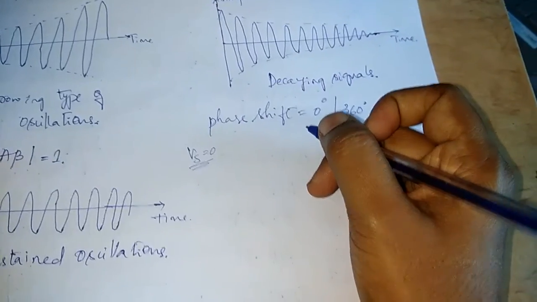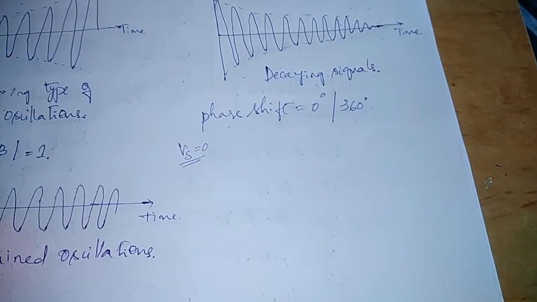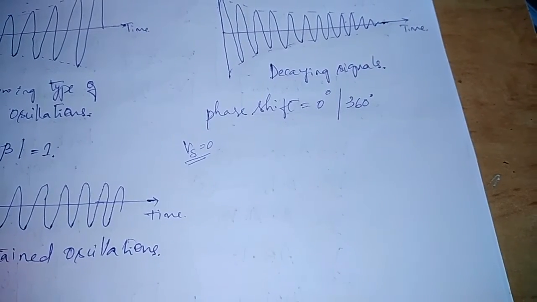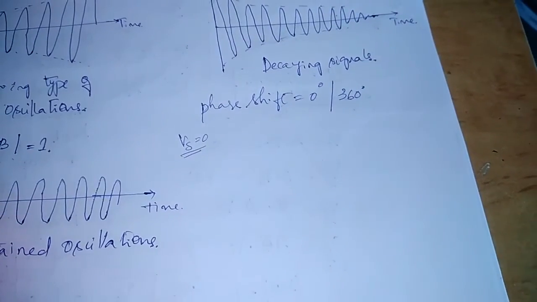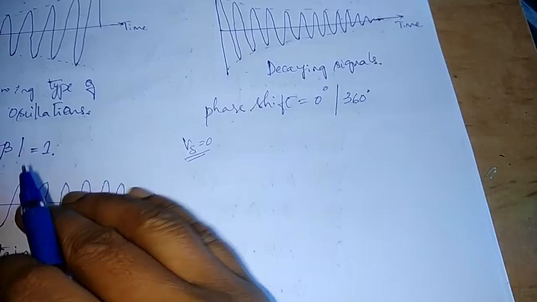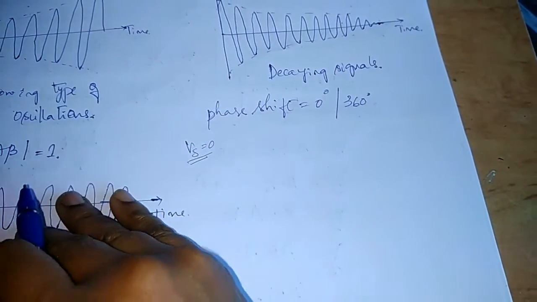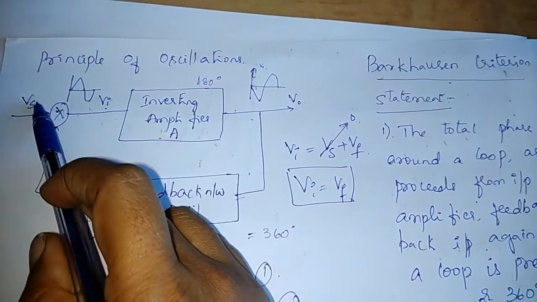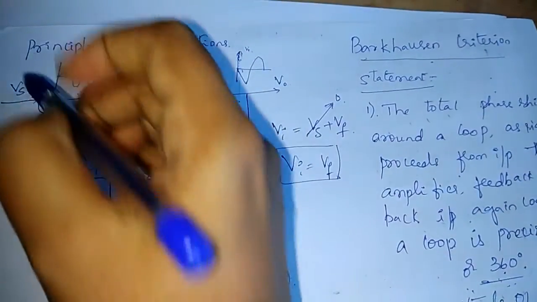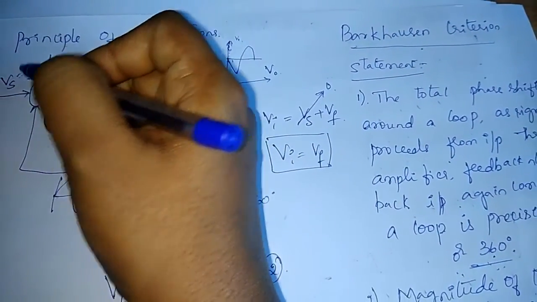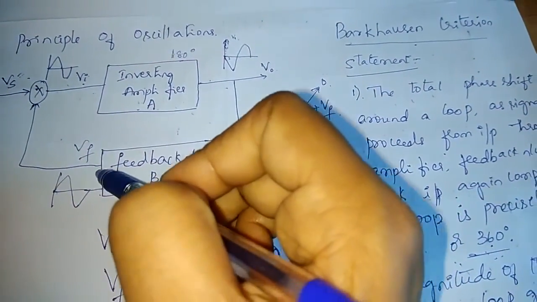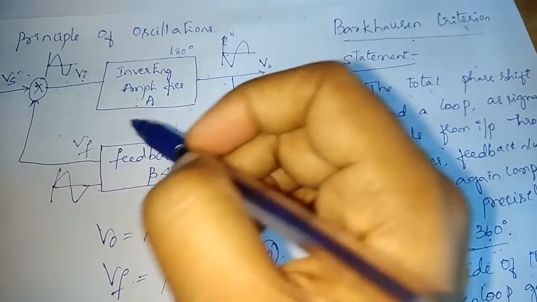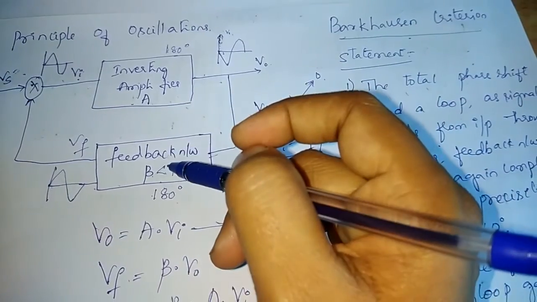So this is all regarding the concept of feedback and the necessary conditions for oscillations to be produced. Any oscillator you take consists of two parts: one is the amplifier circuit, the other is feedback. The source input may be the thermal noise produced in the circuit, or it is provided initially in some circuits. To complete the loop, you have to give a phase shift of 360 degree or 0 degree.